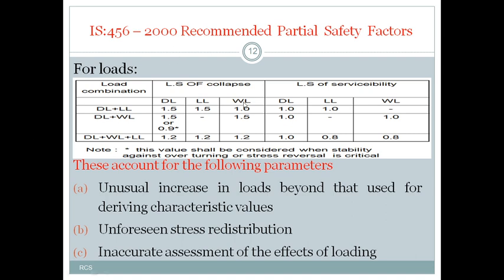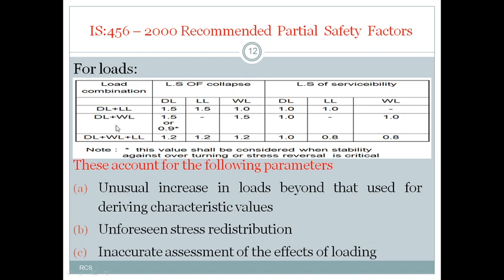So based on the combination of loads we can use here, if you take a combination of loads, dead load and live load, dead load and wind load, dead load and wind load and live load, these are the combinations. And if we are designing the structure in limit state of collapse, then the factor of safety for the dead load is 1.5, for the live load is 1.5, and for the wind load is